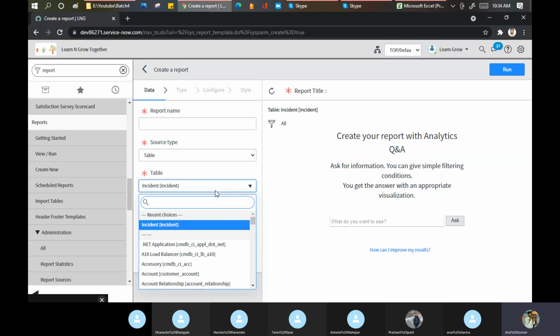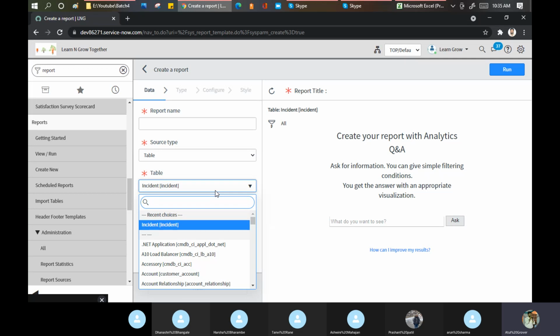Anyone of you who read about databases in graduation or post graduation knows the terms inner join, outer join, left join, right join, basically those things. ServiceNow says, okay, don't worry, I am giving you an option called the database view.